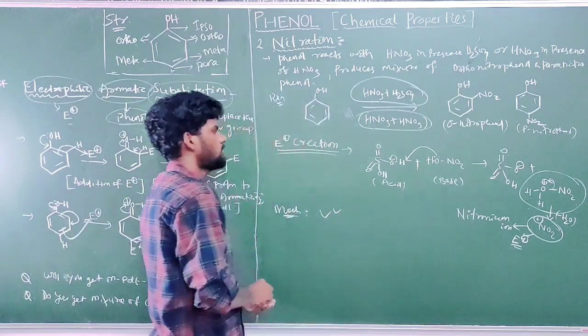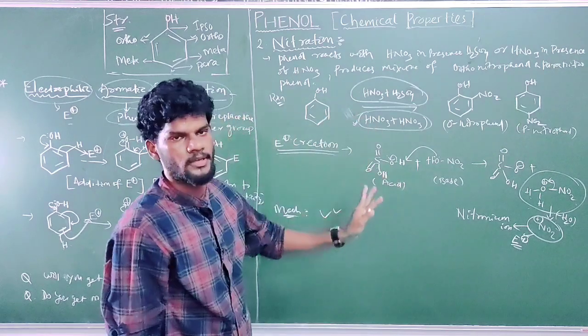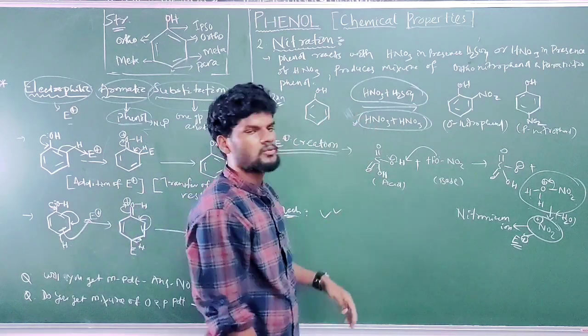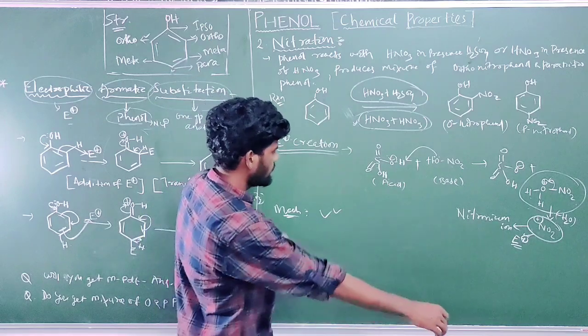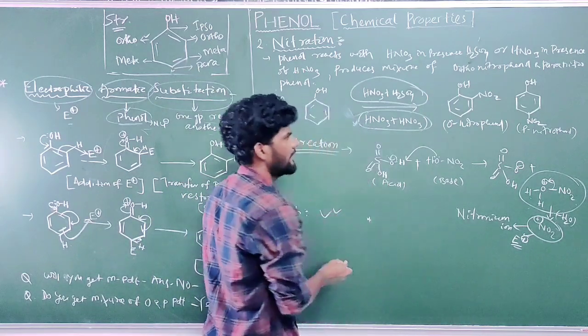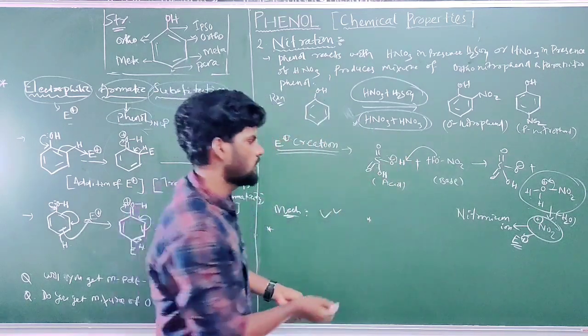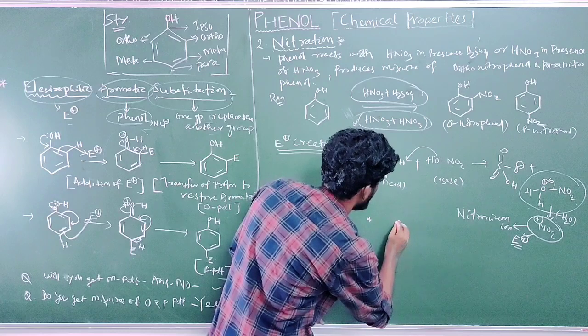Next is the second case. In the first case we created the electrophile. In the second case, how do we create the electrophile? Similar mechanism I am writing here: HNO3 in presence of HNO3. One of the HNO3 will behave as acid, another as base. So write the structure of HNO3 here: N double bond O,